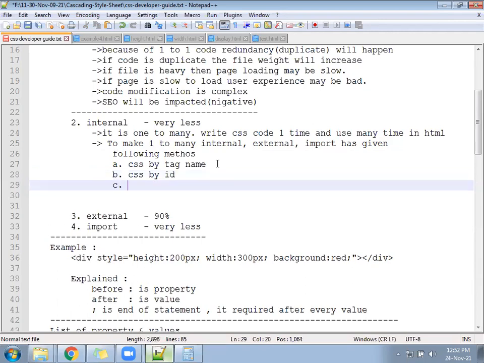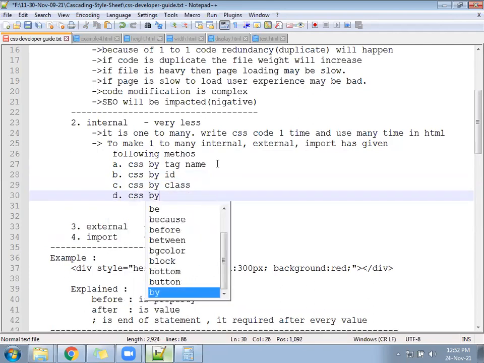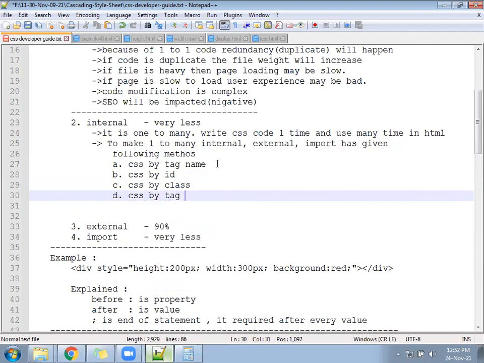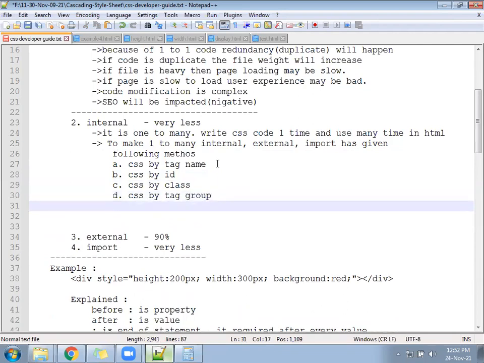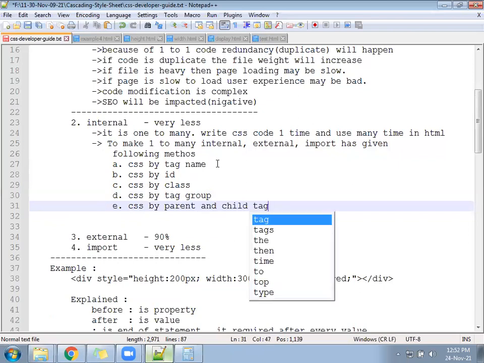C: CSS by class. D: CSS by tag group. E: CSS by parent and child tag. So these 5 methods you have.